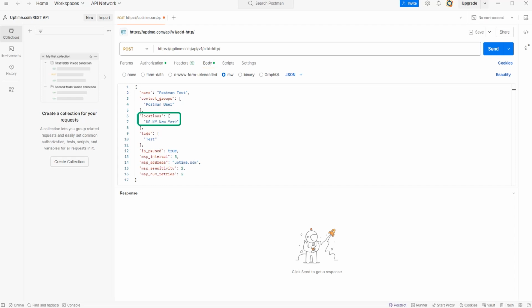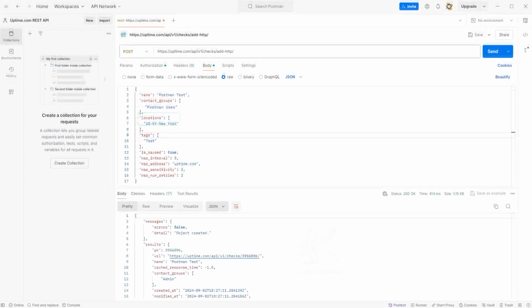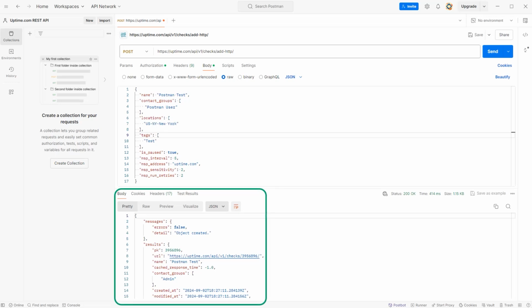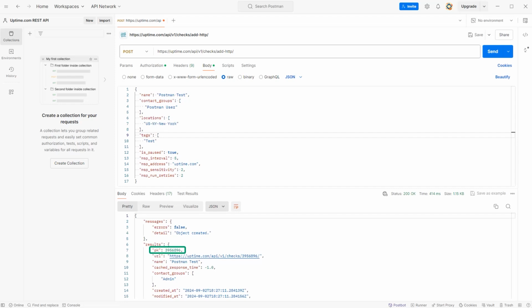To add more than one location to your request, please use a comma-separated list to define each location. Once complete, select the Send button again to send your request. If your request was successful, you will receive response data based on the check that was created. Take note of the PK field. This is the unique identifier for your check and will be used in multiple methods to retrieve and update the